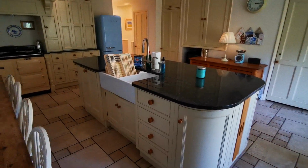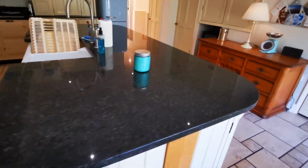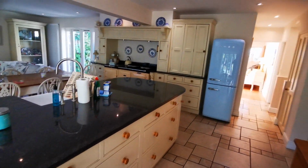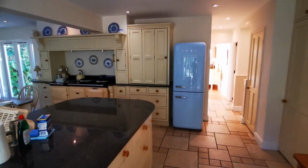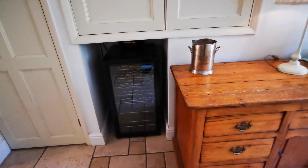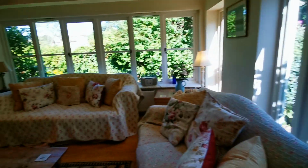Central island area, to the left of the sink is a dishwasher, double butler sink, loads of storage around both sides of it with drawers for your pots and pans. We've got the fridge freezer there for you, and under here we've also got the wine cooler fridge, so plenty of cold area for storage for your drinks. Another patio door going through onto the gravelled area,